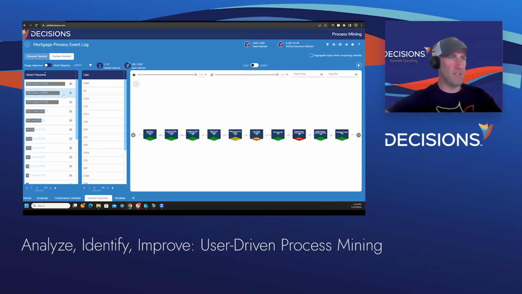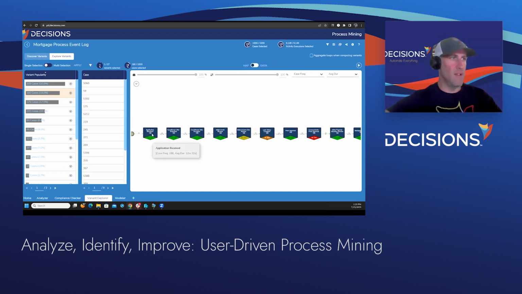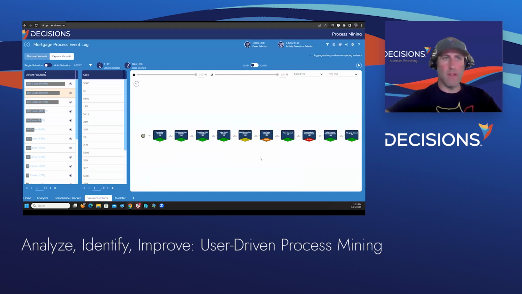But as we drill into these other variations, we can see that, again, here's another almost 20% of our cases all went through this very linear pathway, 180 cases. They all hit the right activities, but why are things not happening in parallel? Why do we have a bottleneck maybe?